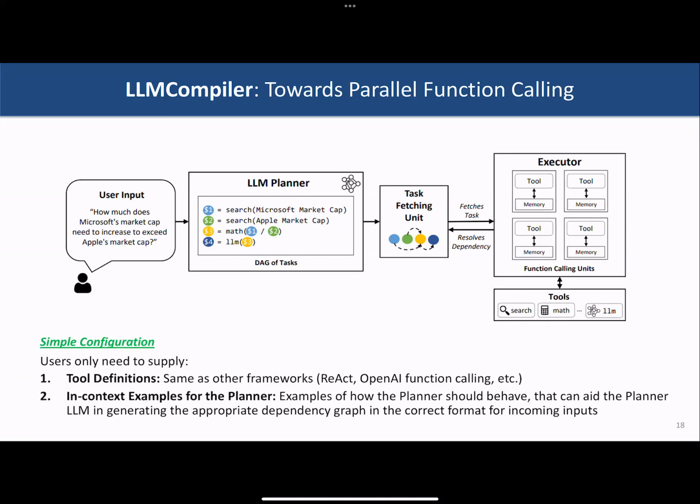So more or less the same as how you're engaging with the other frameworks. Additionally, the user can provide in-context examples for the planner, because all the performance or end-to-end accuracy relies on the planner's capability of correctly identifying the tasks and getting them into an executable graph. You may want to provide some in-context examples of the expected inputs from the runtime and how they are decomposed into an execution graph in a semantically and syntactically correct way.